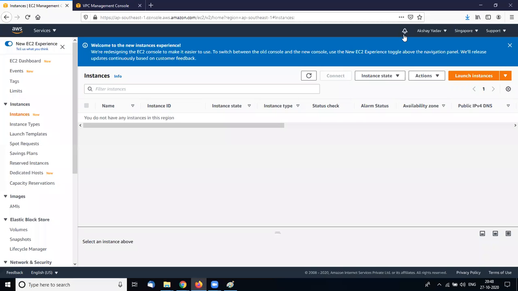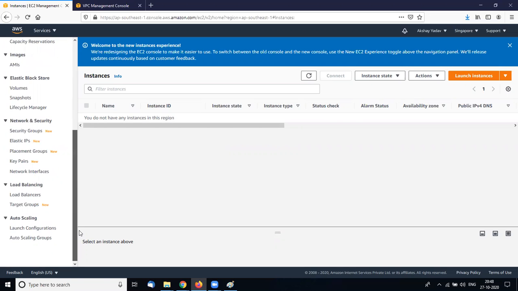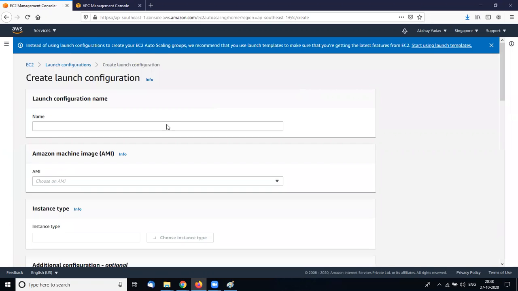In the Singapore region, I have no instance right now. Before doing auto scaling, first we need to create a launch configuration for auto scaling. So we set the value here, create launch configuration, and here is the